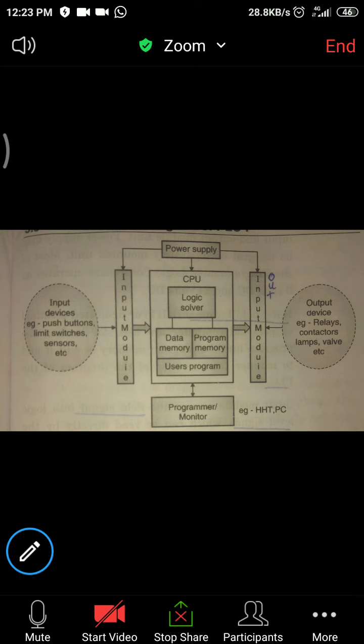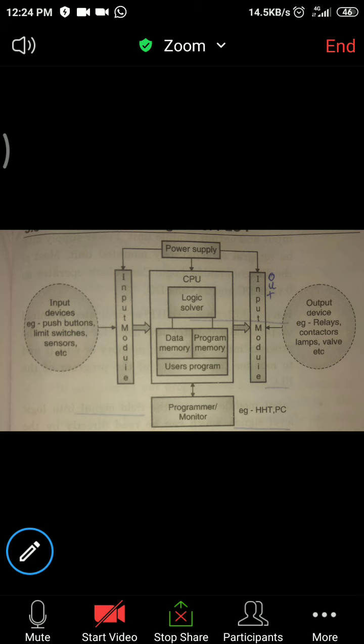Then the last block is the programmer. The programmer can be a handheld terminal, or it may be a PC which programs the PLC. Suppose you have purchased a brand new PLC. First of all, you have to program it. Then you write the program in the software on a PC, and that program can be dumped into the PLC through the programmer.